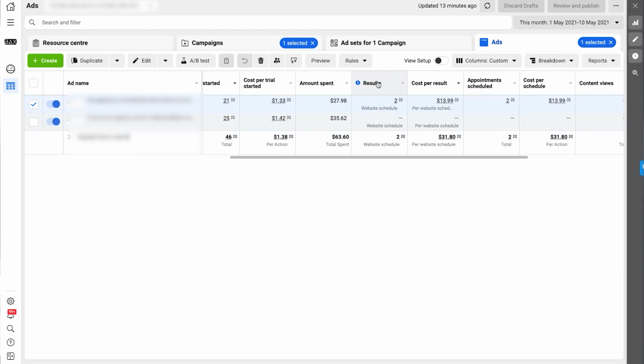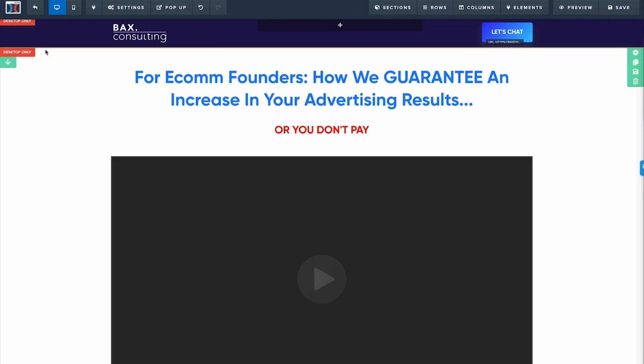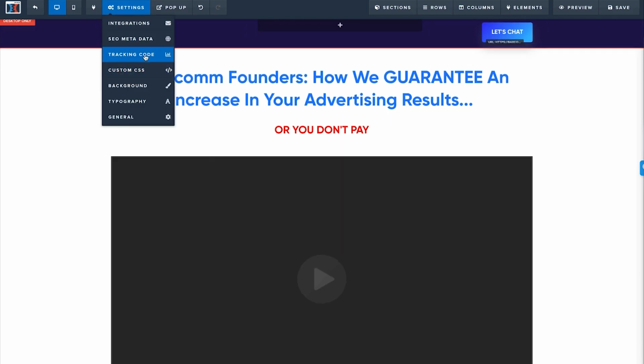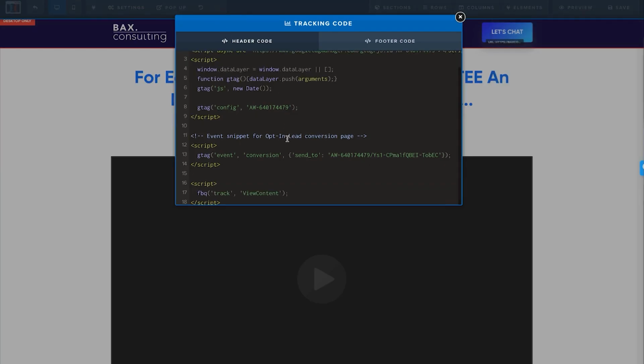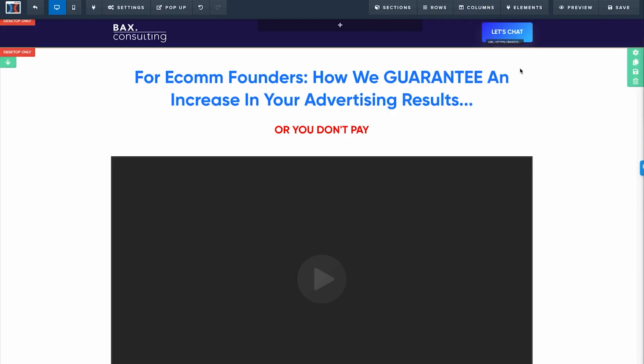Now, if we go back into this funnel, you can see that in the tracking code of this page specifically, we have this script from the Facebook pixel. What this script means is that whatever event is inside of it is going to fire when somebody lands on this specific page.